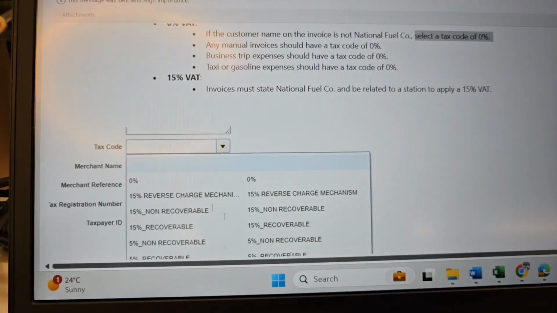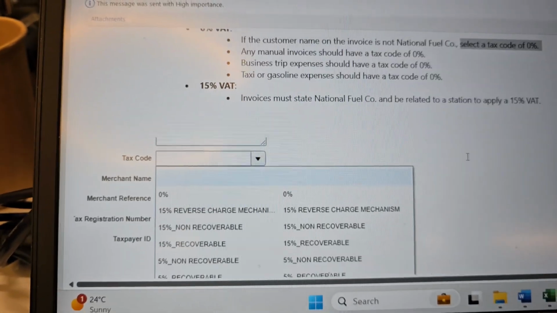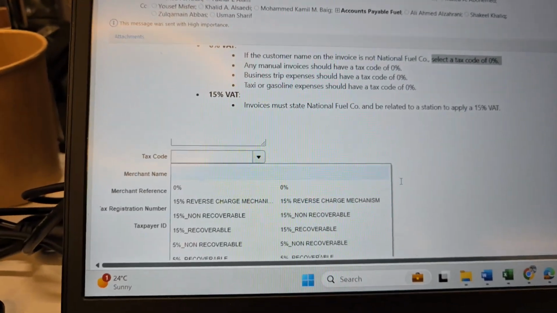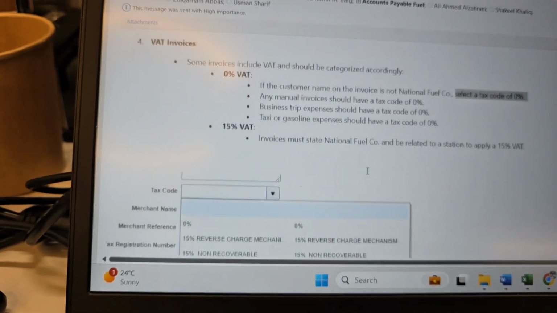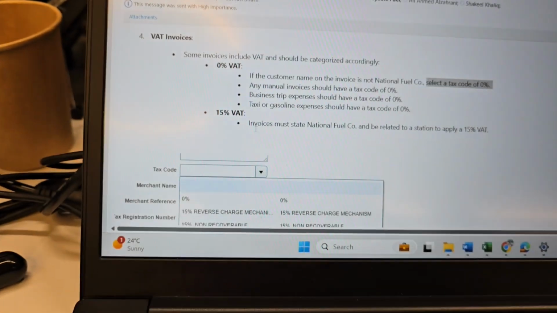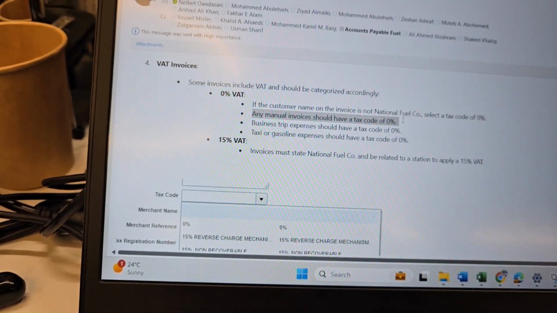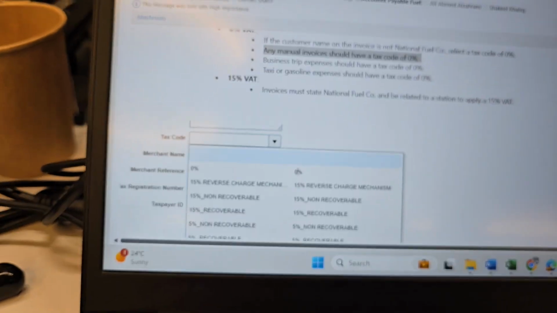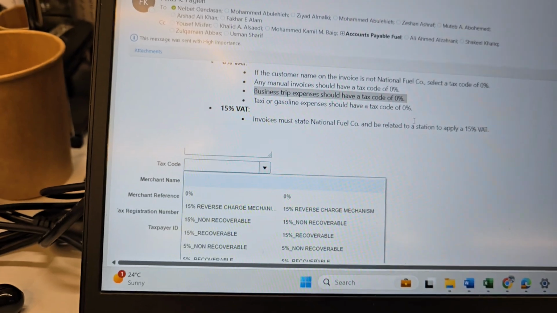In uploading, you can see here, this one, tax 0%. Okay, in my first use details, I asked you to select this one, 15% recoverable. But now they are saying that you have to select 0. Okay, any manual invoices should have a tax code of 0%. So always choose 0%. Okay, manual invoices and business trip expenses should have a tax code of 0